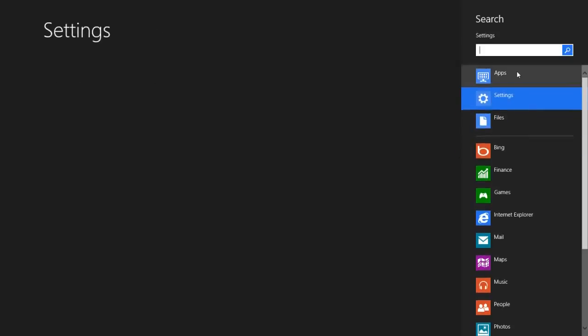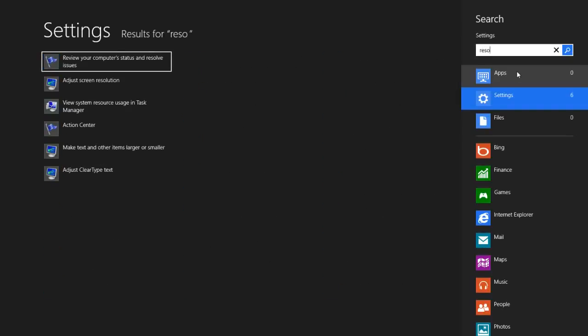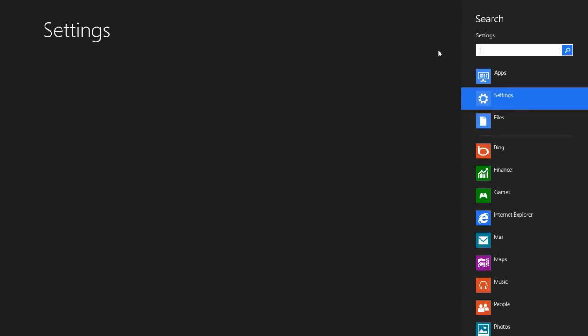So let's go into settings, and we'll search for, let's say I wanted to change the resolution on my computer. Resolution. So start typing resolution. Adjust screen resolution is a setting that I can change. We're not going to get into settings in this video, but just to let you know, that's how you would get to your settings. And a lot of these settings are named in ways that you'd be able to find them. So if you're saying I want to deal with my mouse,